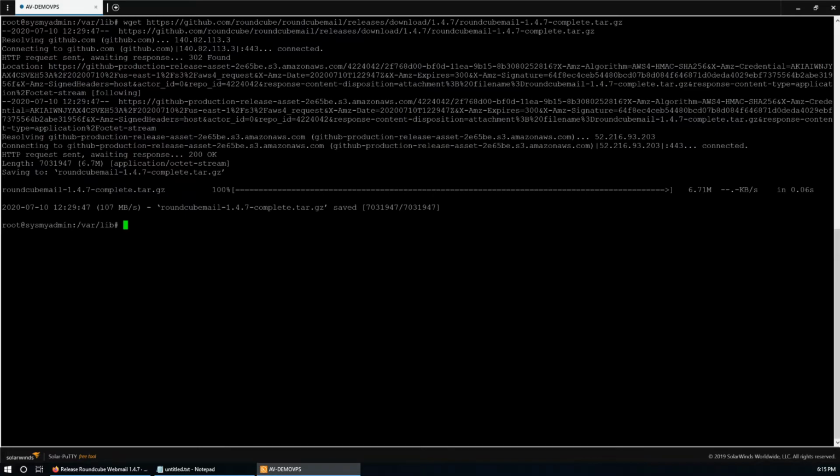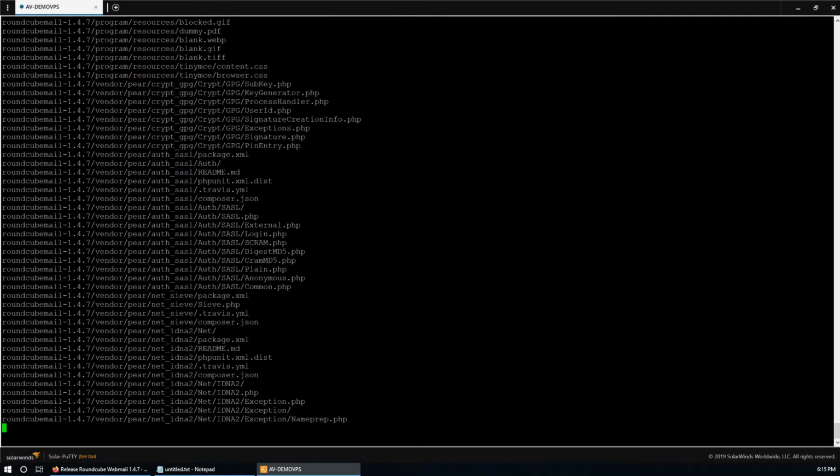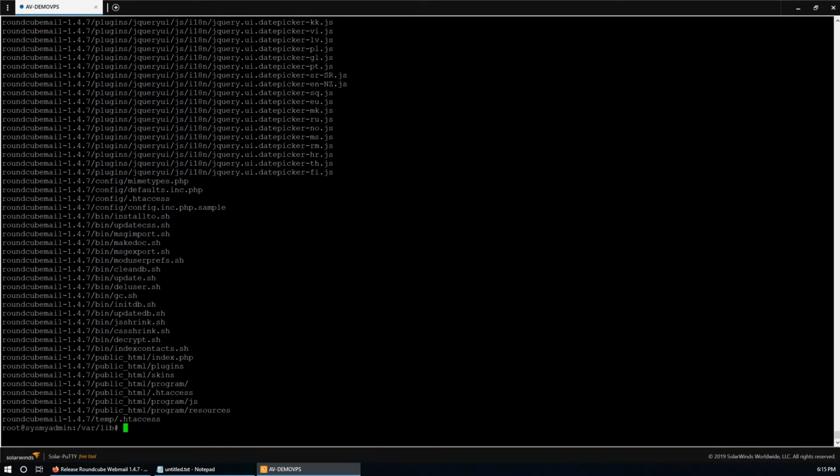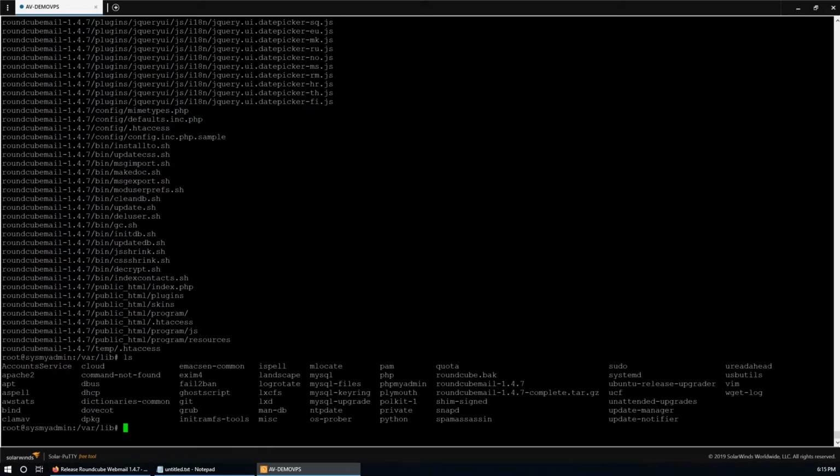Now we need to extract the roundcubemail compressed file. So tar xzvf roundcube, yeah, this one, hit enter. Let's see, yeah, this is extracted, that's fine.